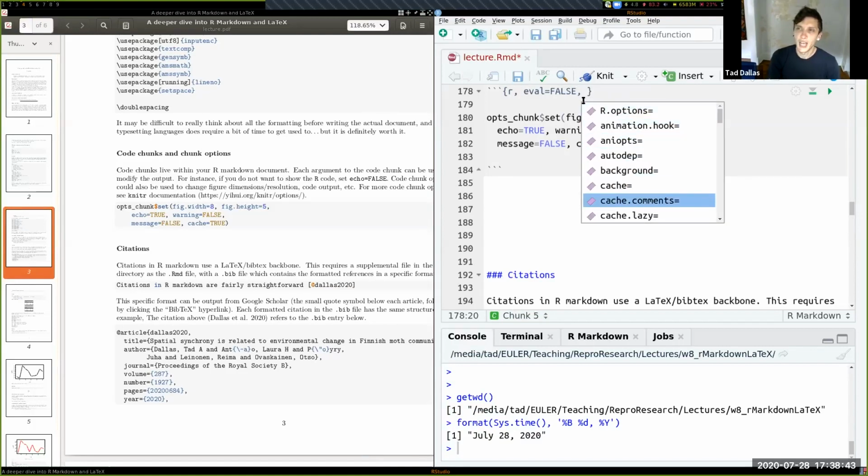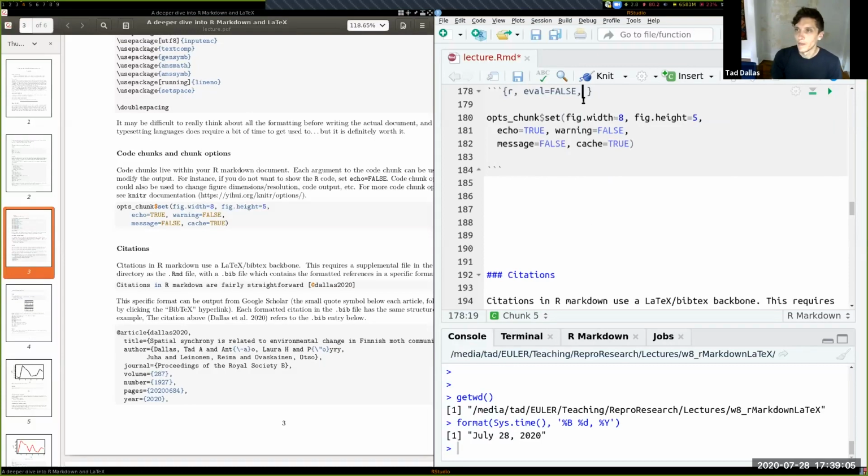Yeah, so just hit tab and you can see all of the different ones. And so things like fig caption, where the figure should be aligned. Yeah, there's many, many sort of options to play with.